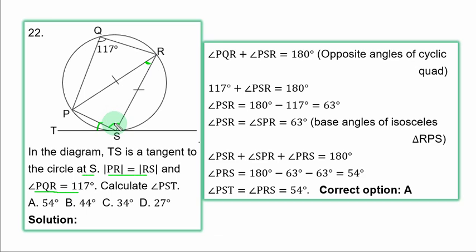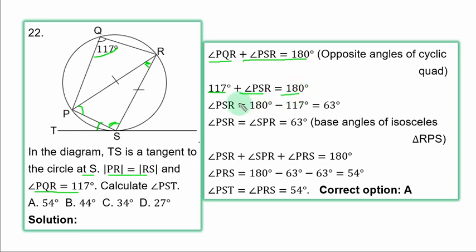PQRS, this angle plus this is equal to 180, opposite angles of a cyclic quadrilateral. So once you get this angle, by this marking, this angle here is equal to this angle, base angles, and you get this, which is equal to PST. Alright, so angle PQR plus angle PSR is equal to 180 degrees. So you have 117 degrees plus angle PSR is equal to